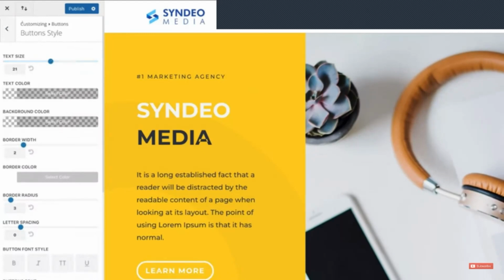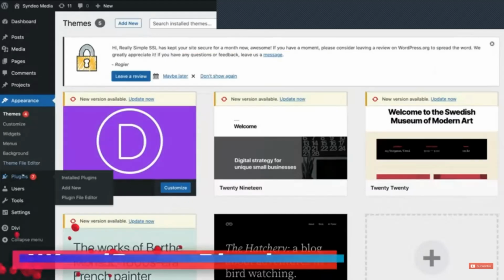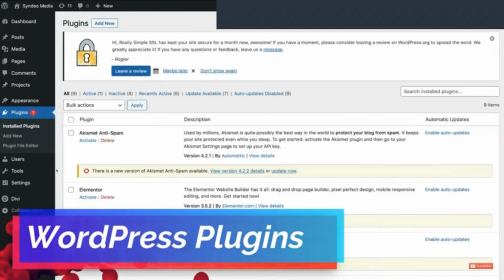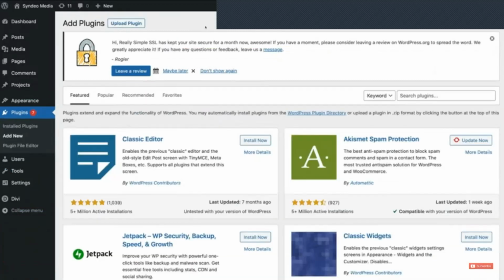Okay, so what I'm going to do is exit out of this and return back to our WordPress dashboard. Then below themes, we have plugins. If we click on plugins, this is where we can manage all our plugins. Now, if you want to add a new plugin, simply navigate up to plugins and then navigate over to the search bar on the far right hand side and type in the specific plugin that you want to add onto your website. Remember, plugins are additional features that you want to install on your WordPress website. For example, if I wanted to add a live chat feature onto our WordPress website, what I